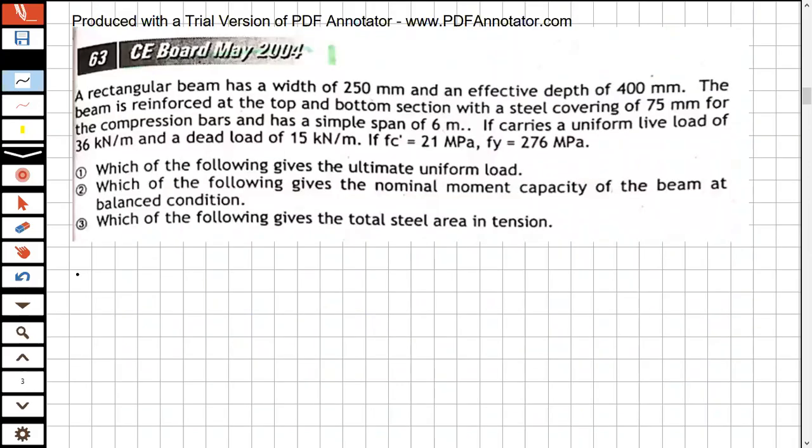Okay, so let us try this problem. I'll read the problem. A rectangular beam has a width of 250 millimeters and an effective depth of 400 millimeters. So let us draw. So you have here,